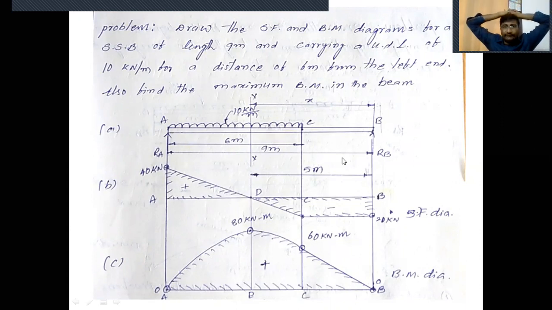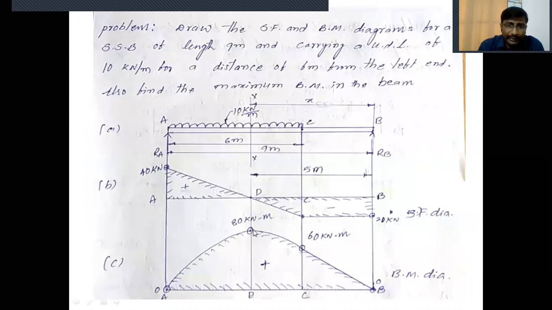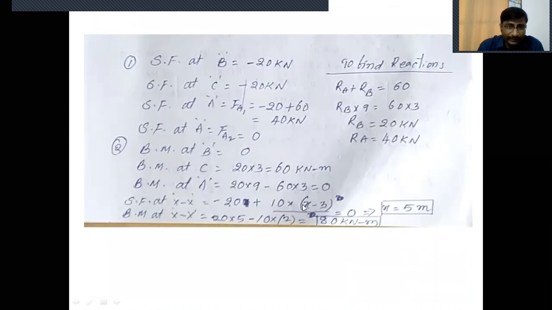So the UDL is not acting on the entire length. At the end, students, like this, you have to find the reaction forces first of all for the simply supported beam. After the reaction forces, write down the shear force values and bending moment values at different points. After writing, if you want to find the maximum bending moment, first of all, locate the XX section. After locating the XX section at a distance of x, find the distance x wherever the shear force is 0. After getting the shear force 0 point, find the maximum bending moment at that point, as I have explained. Clear, students?